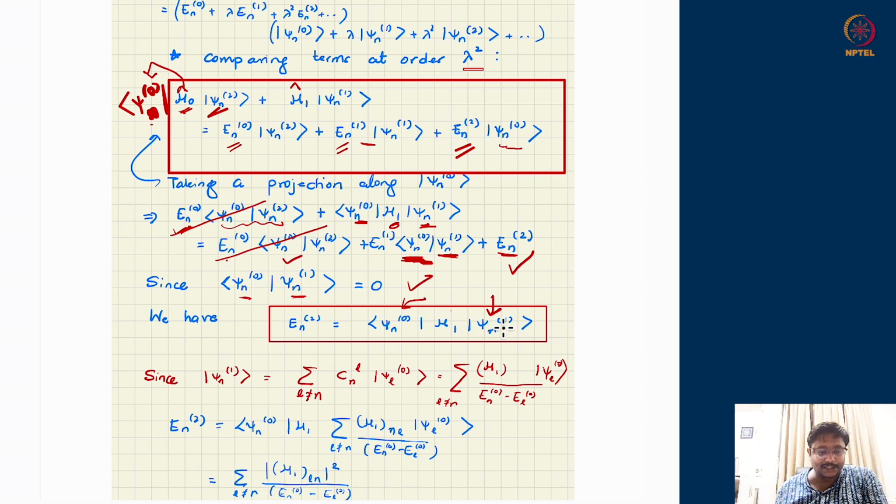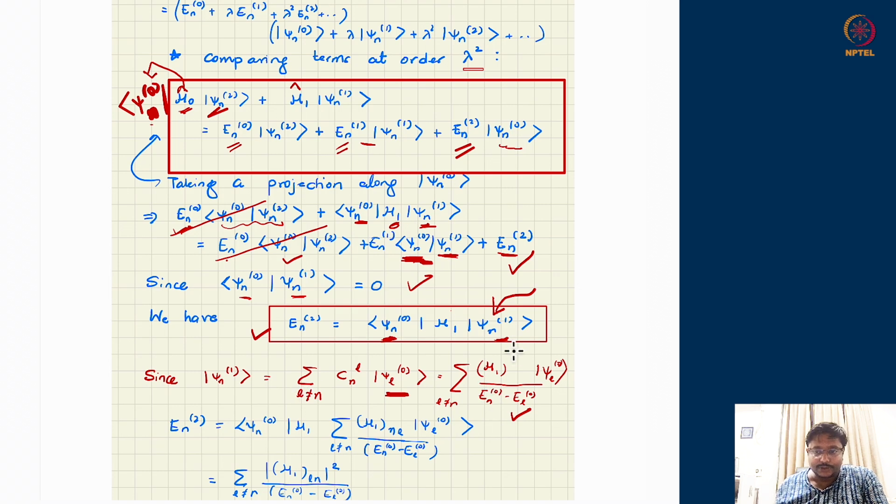This time there is a subtle difference. It is not squeezed between psi n0 and psi n0, or between psi n1 and psi n1. On one side it is psi n0, the unperturbed one. On the right hand side there is a perturbed one, psi n1, the correction. That gives me the second order effect. And from first order perturbation theory, I know everything about psi n1. That means psi n1 has to be written in the basis of unperturbed eigenstates like this.